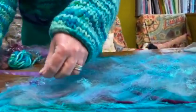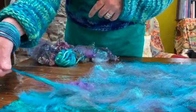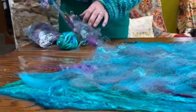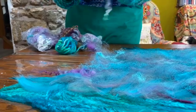Here I am again laying the fronds, and I've left some of the silk kind of, it's wet and it makes these lovely kind of ends, and I just leave them like that because they drape really well. And I'm just separating some of my,